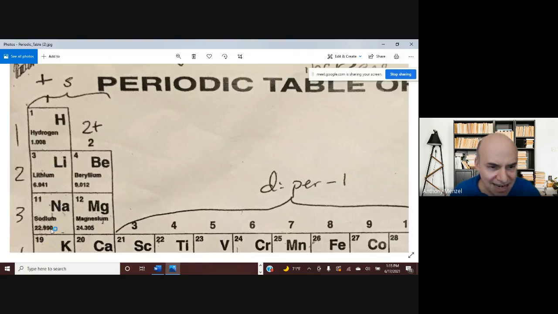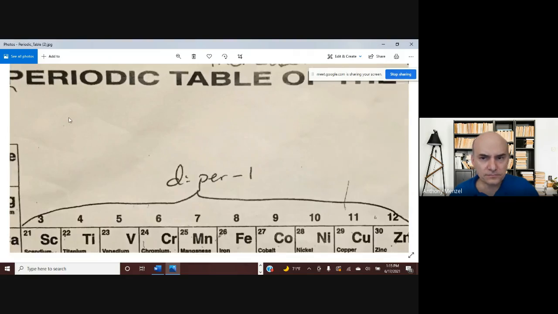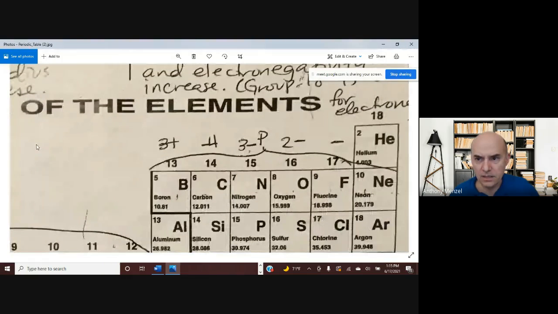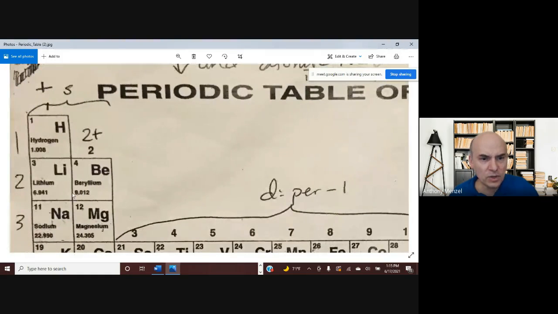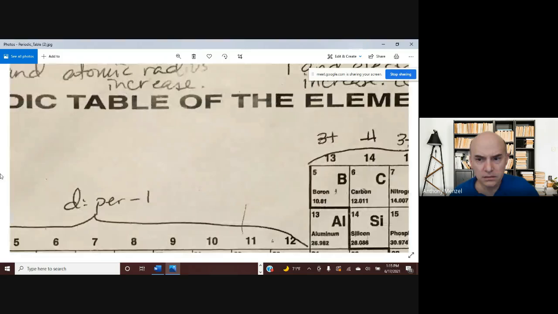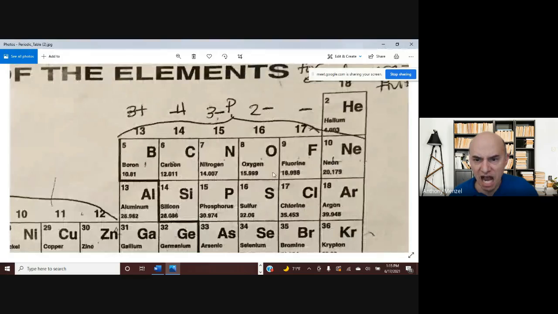But I'm not going to read down the columns. I'm going to actually move the screen so that we can read in order of the element's atomic number. So we have here, number 1 is hydrogen. Number 2 is helium. Then we have lithium, beryllium, boron, carbon, nitrogen, oxygen, fluorine, neon,